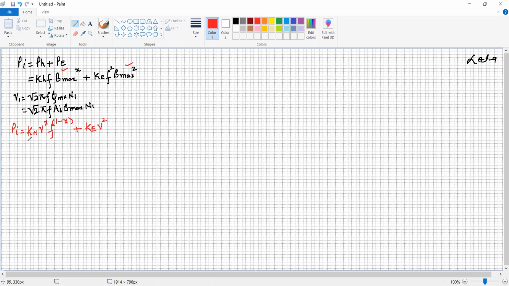So from this equation, it is quite clear. Again, for simplicity, we can write Kh V square, with f raised to 1 minus x written as 1 upon f raised to x, plus Ke